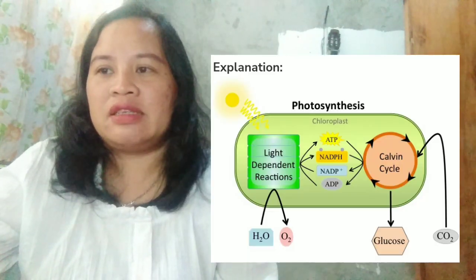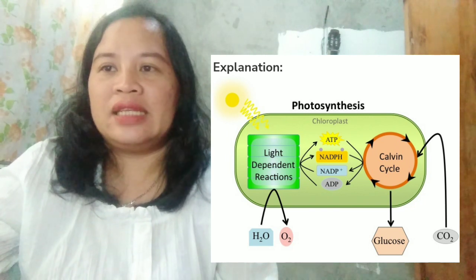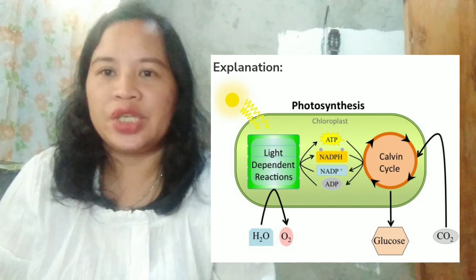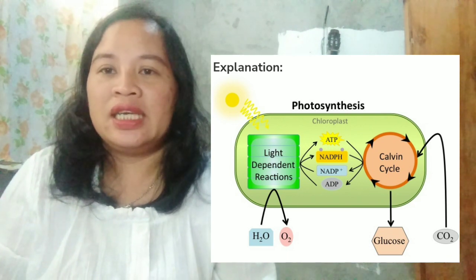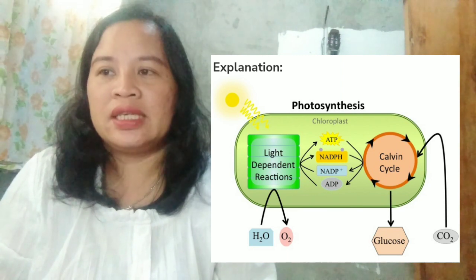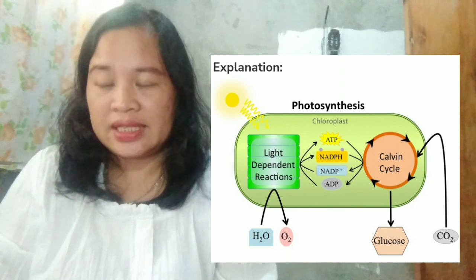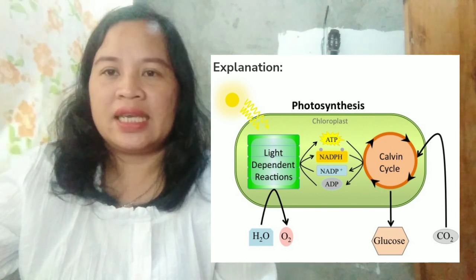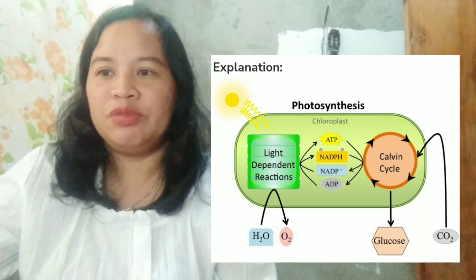Question number 4. What are all the byproducts of light-dependent and light-independent reactions? So, the light-dependent reactions' goal is to convert light energy into chemical energy. It's located in the chloroplast, in the thylakoids. So the input is sunlight, water, NADP+, and ADP. And the output is